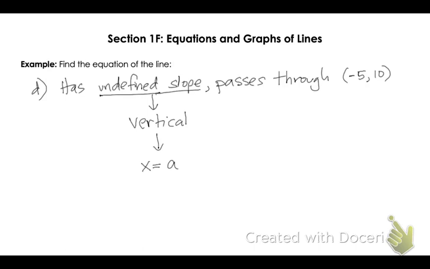So again, thinking about what this line must look like, -5, 10 is the point they've given us. So 1, 2, 3, 4, 5, and up 1, 2, 3, 4, 5, 6, 7, 8, 9, 10. So it's telling us we've got a vertical line passing through -5, 10. So if I draw a vertical line through -5, 10,